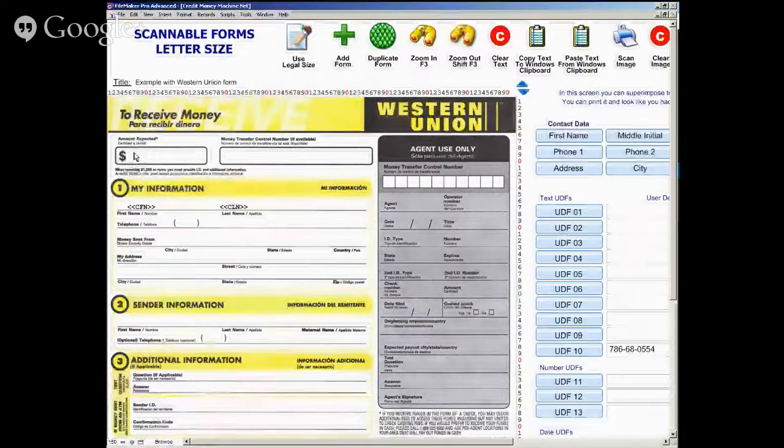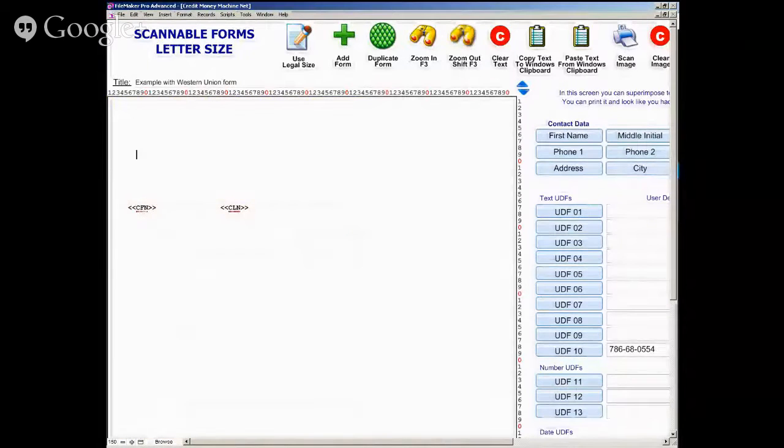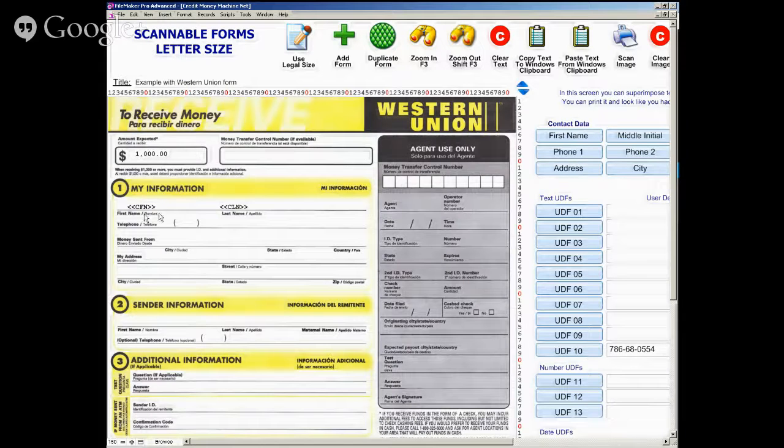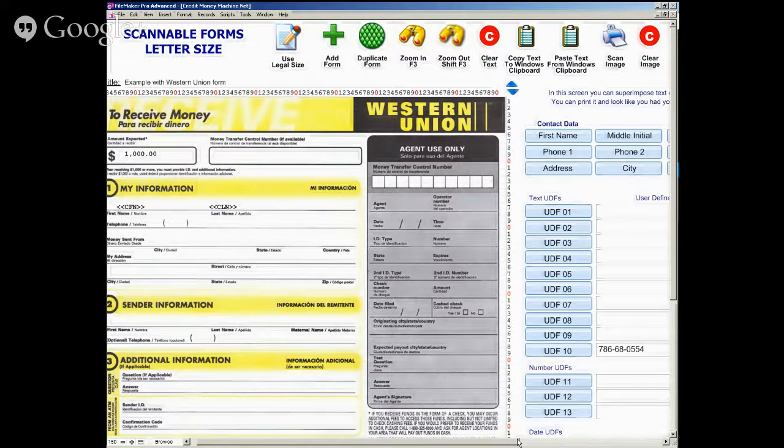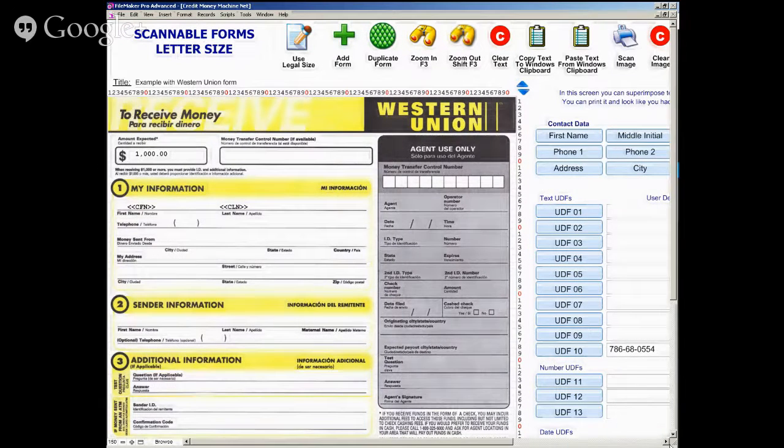Now I can type something. So I can manually put there 1,000. Okay, so I can mix and match, do this, do that, which is ideal, for example, for this case. I use it for those rare cases when people actually pay with Western Union, send the money with Western Union. I have it already filled in, and I only need to change the control number, which I can put in a user-defined field and make it appear automatically, and I can put the amount either manually or in another user-defined field. Whatever is the case,